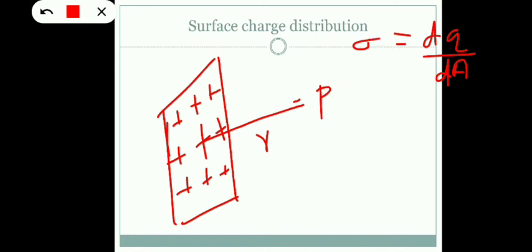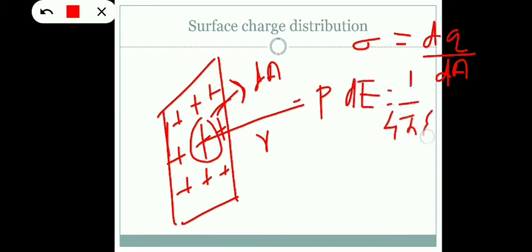Okay, so in the linear charge density, we had lambda. In the surface charge density, in the case of surface charge distribution, we have sigma, that is charge per unit area. And here consider a small area. Let the small area be dA. And the charge contained in this small area dA is very, very small. Hence, it can be considered as a point charge. Next, calculate the contribution of this small point charge at the point P with the help of this formula. What is that? dE is equal to 1 by 4 pi epsilon naught into dq by r square. Okay, and with the help of this formula, rewrite dq in terms of sigma and dA.